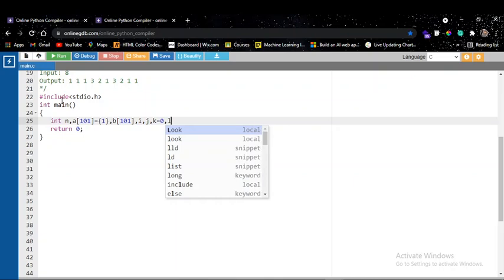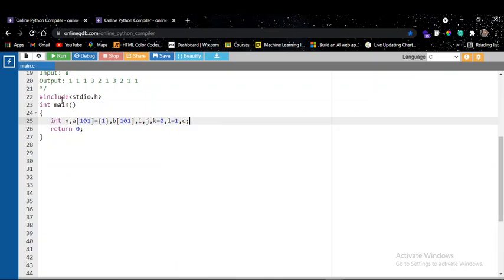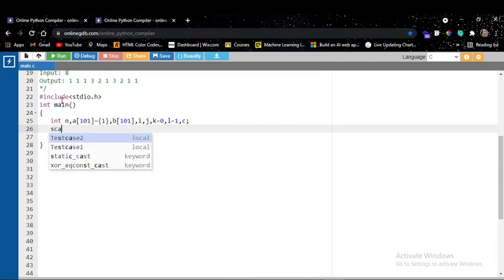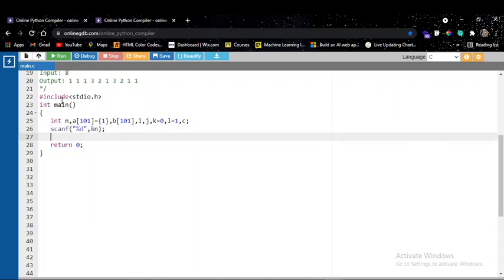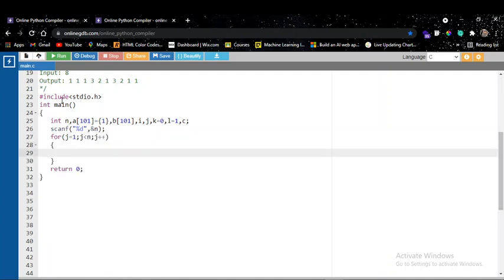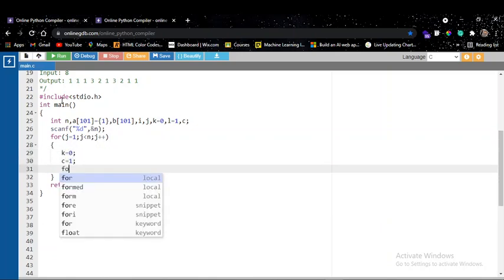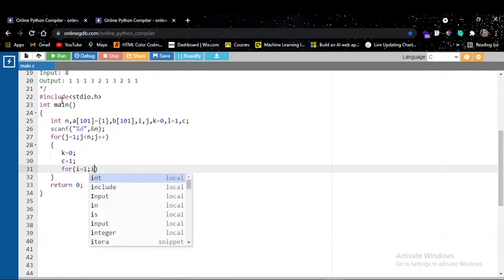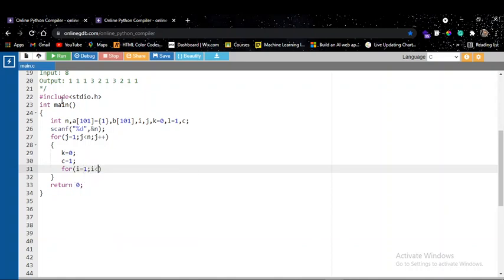And L is equal to 1, and I'll just let you know what L is equal to 1 means when it is implemented. So we are getting this scanf of n, and from j is equal to 1, j is lesser than n. So I'm considering k is equal to 0 and c is equal to 1 initially. So I'm going to iterate from i is equal to 1 to L. Okay, so this L is nothing but the length of this particular